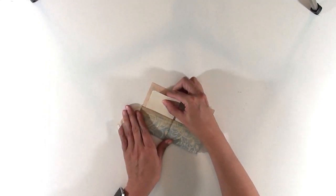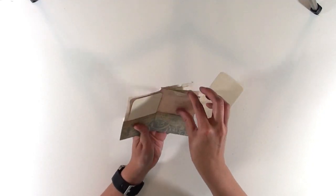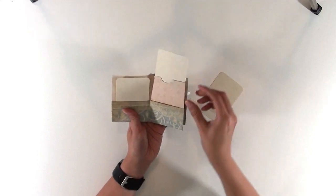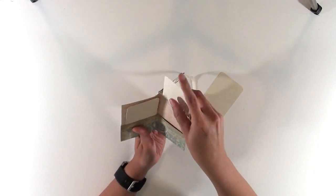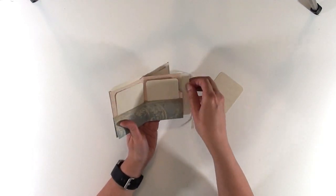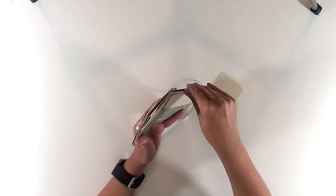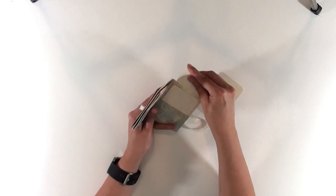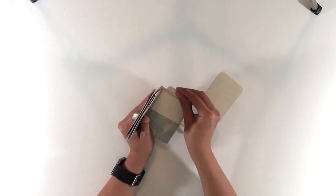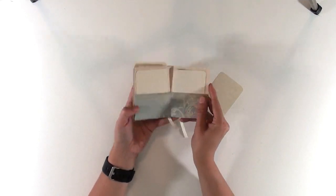My cardstock isn't the heaviest, so yeah, there's a few tags here, and then there's also tags up here, so you can put tags through the top, and then there's a side one right here. You can fit lots of photos in this teeny little album, and it's a nice size for a gift or whatever. Like, say, you have some friendship photos, or maybe some Instagram photos, gardening photos, something